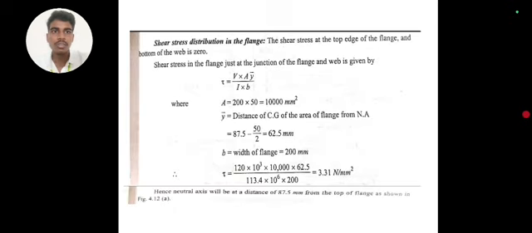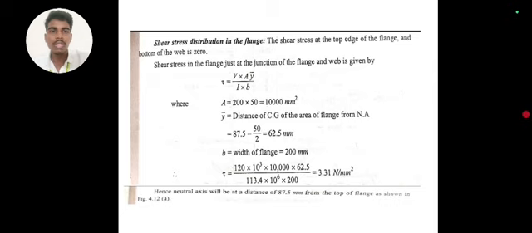Next is the shear stress distribution in the flange. The shear stress at the top edge of the flange and at the bottom of the web is zero. The shear stress in the flange just at the junction of flange and web is given by tau equal to V A y bar divided by I B,